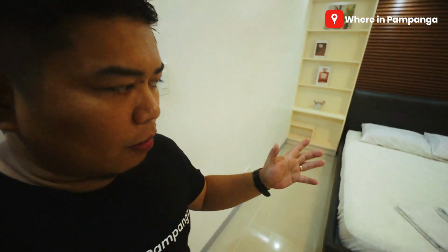It can accommodate a couple. Siguro a family of 3 with a small kid talaga. So this is it. This is air conditioned. Ayan. And then the other room,